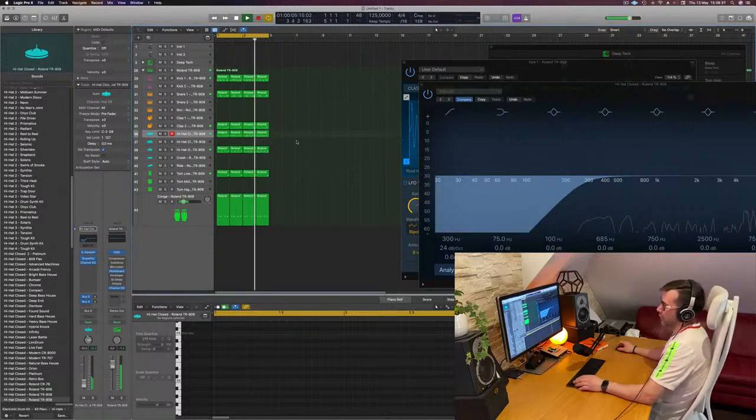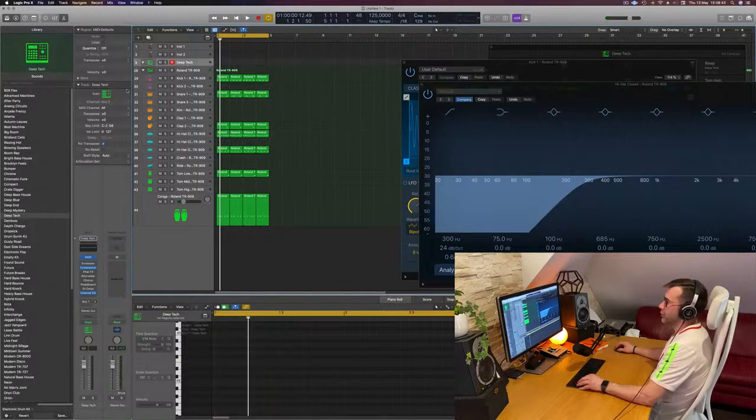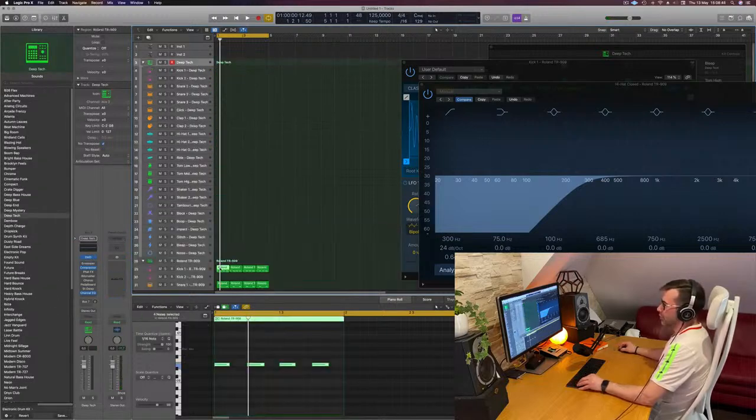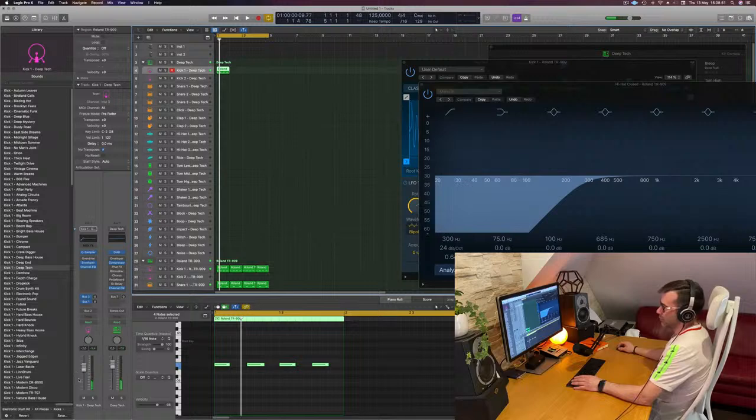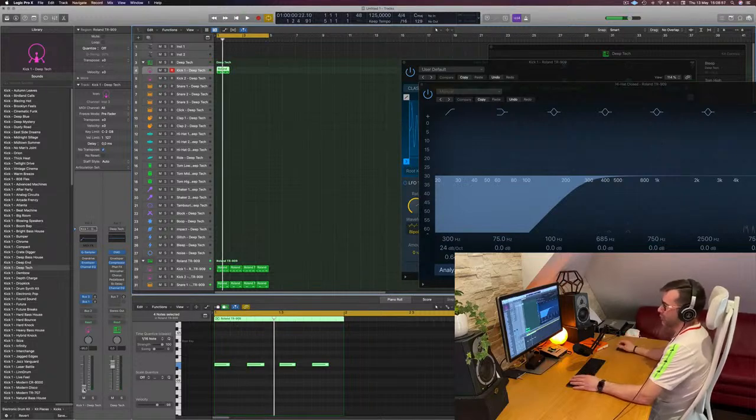I just want to start making a track, guys, but we're gonna focus on drums for today. So what I'm gonna do is I'm gonna take my drums, I'm gonna go into deep tech here, I'm gonna take the kick, because the kick, it's good, but it's just not actual. So, see the kick? I mean, it's good, but it doesn't have the punch of a modern dance track, so